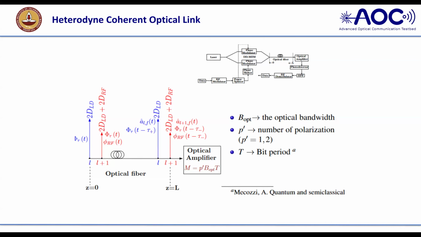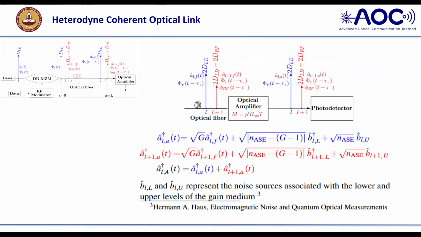And P is nothing but polarization. So for your data transmission, you are transmitting in X polarization and Y polarization. So the value of M depends upon that, and you will see how M also affects our intensity and the phase. I don't want to go into the detail, but I want to show that I analyzed how the field evolves inside the optical filter, and we do a similar analysis with the Heisenberg equation, the Heisenberg equation operator, as well as the Schrodinger picture.